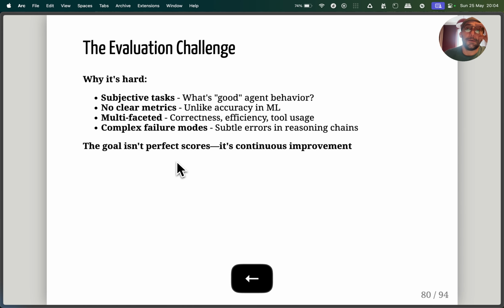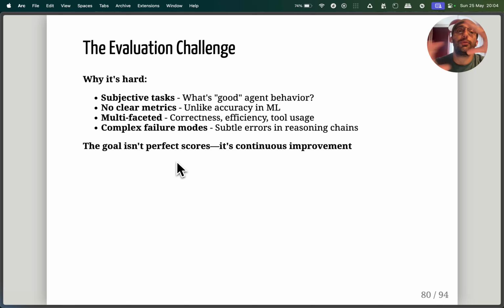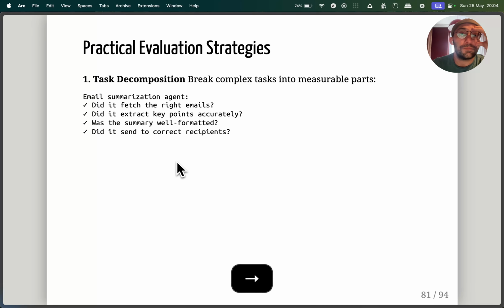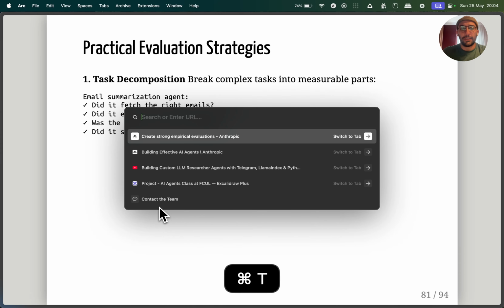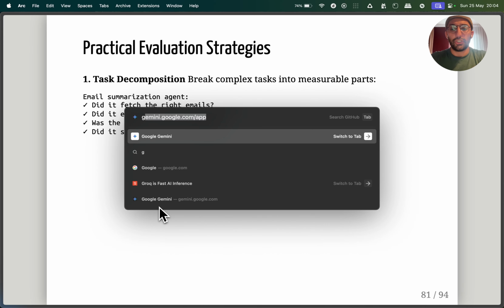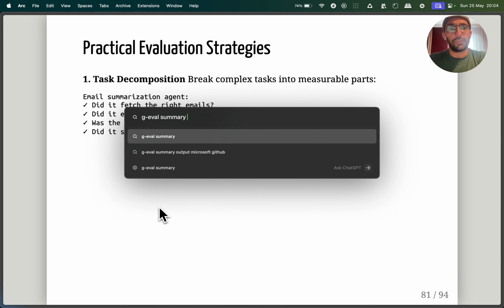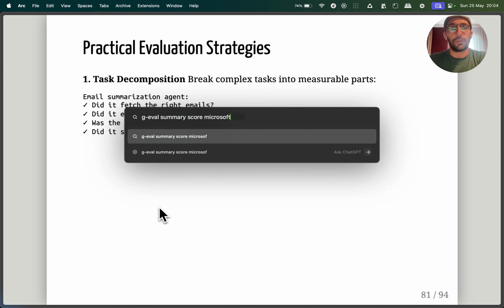So it's all about continuous improvement at this point, okay? And there's a few notes on some practical evaluation strategies for test composition. Break complex tests into measurable parts. So if you're going to do summarization, did it fetch the right information to summarize? Did it extract the key points? And even better than this, folks, you can check out a G-Eval summary score, I think, from Microsoft GitHub.